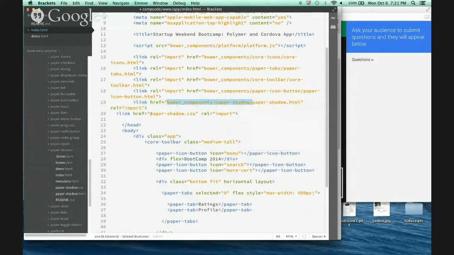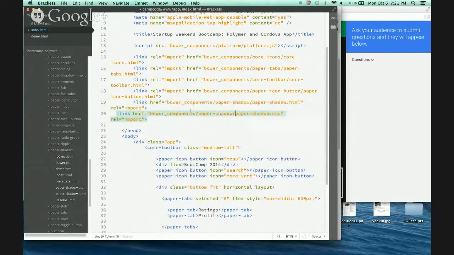Both of these. The nice thing with some of the custom elements is you can bring in style sheets as well. So if you had themes and wanted to switch between themes, you could do that pretty easily. All right, so in that case, we have paper shadow,